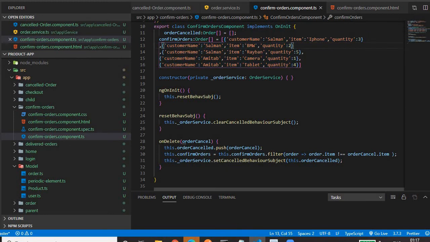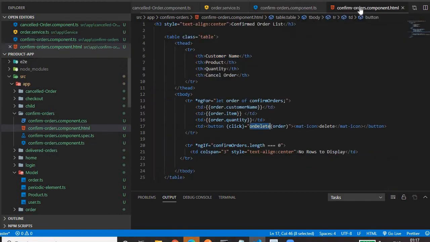And this array of objects is bound to the HTML file by using a table. If you see, we are using *ngFor for displaying the records. For confirm order, it will iterate, get one object, and each object has three properties. So we have three rows and three columns.